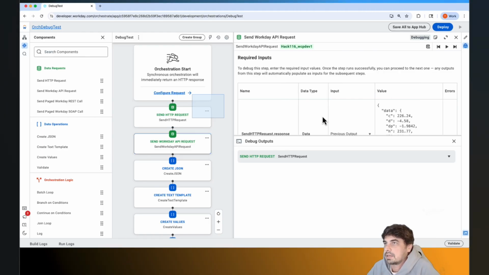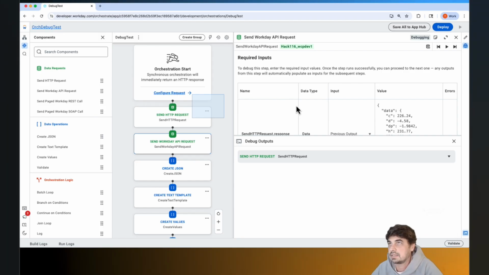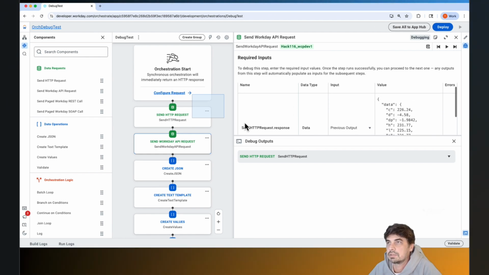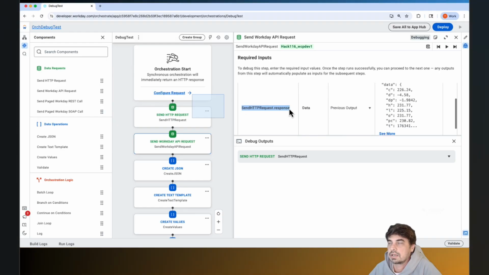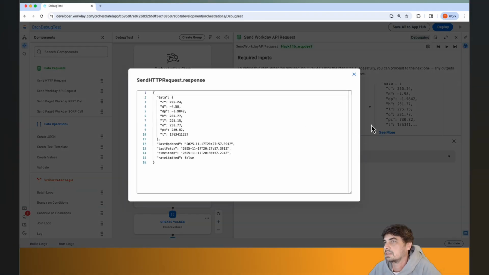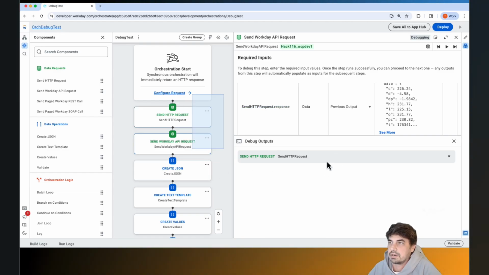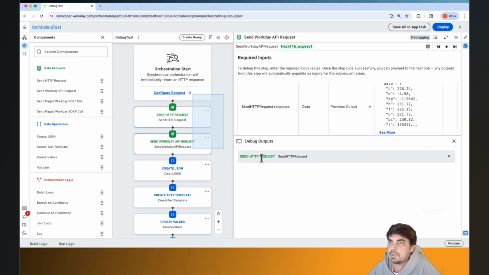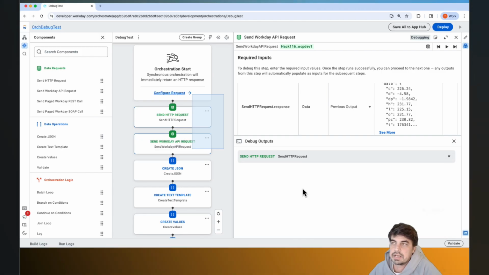If my next step were to need that data from the previous step, I can see those inputs coming out of the other step. So I'm able to reference that using the dot notation right here. I can easily grab that and stick that into another step. I can also see what is coming out of those steps. And again, I see down here the full context of what I've run before. So I ran that HTTP request. I can see still what came back from it